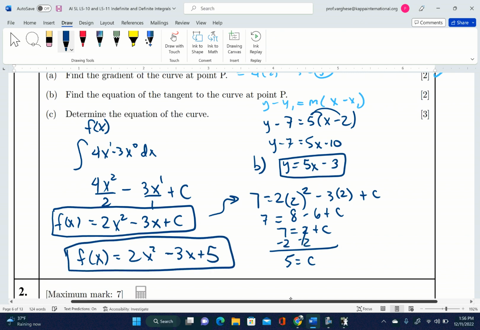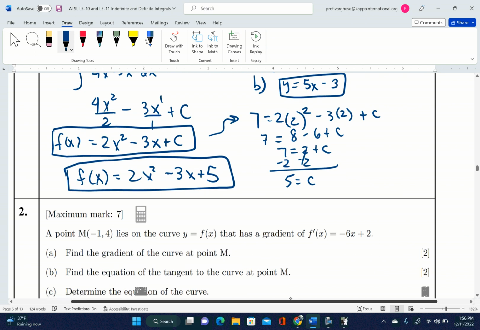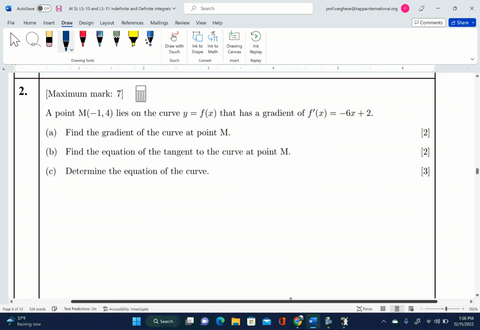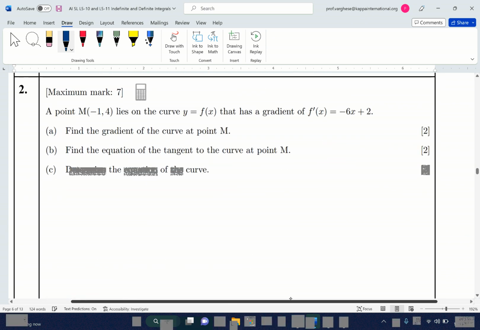Okay, awesome. Question number 2. This is very similar to question number 1. You should probably pause the video and just go ahead and try this yourself. Okay, so find the gradient of the curve at point M. They do give us our x and they give us our y. So just like we did before, we're finding